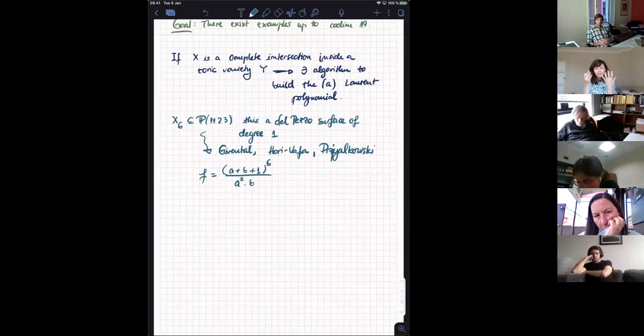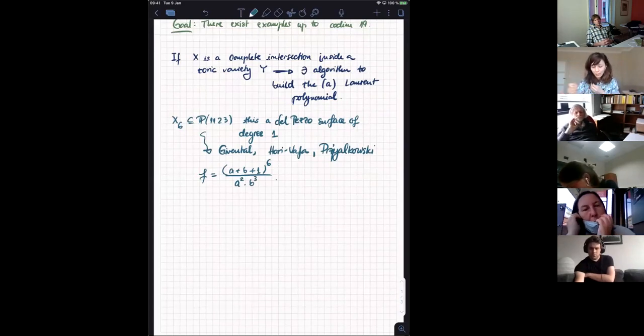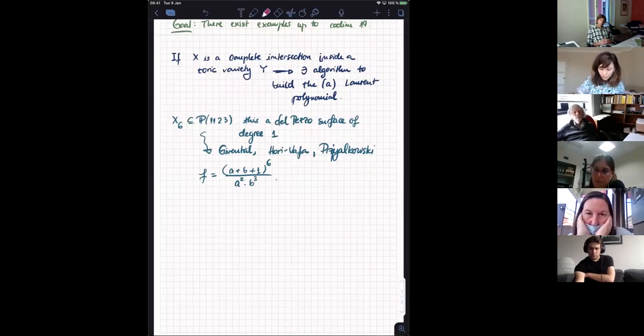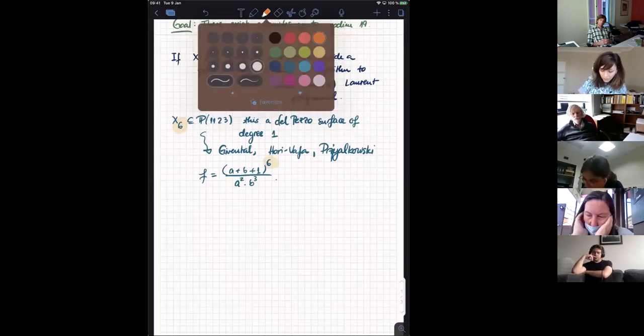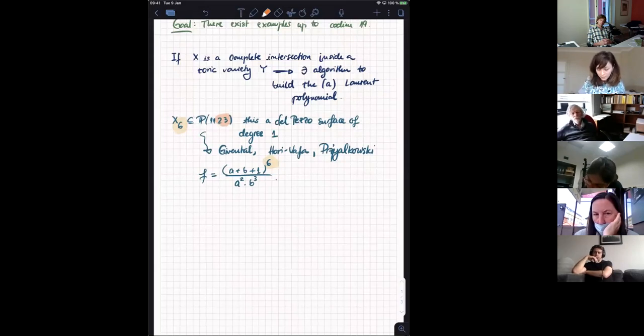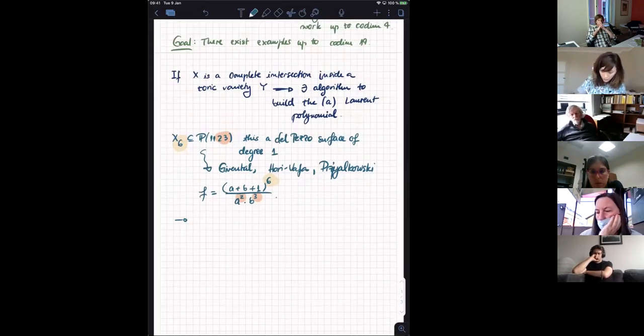And again, I'm not sure it's very edifying because I'm just giving you the result without showing you exactly how you get here. But I'm just making a point that this sort of encodes the degree of the surface and kind of the significant weights of the ambient space inside of the polynomial. I'm also going to say something about what happens if you are a complete intersection inside a higher. So if rho of y, the Picard number of the ambient space, is equal to 1. If this increases, is larger,